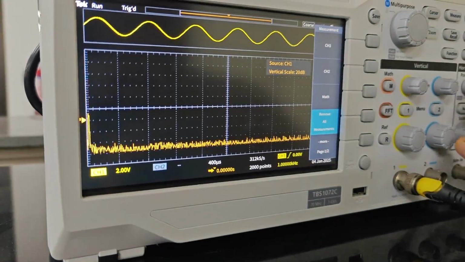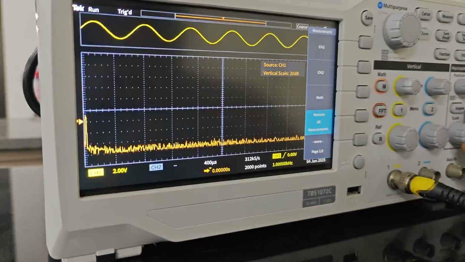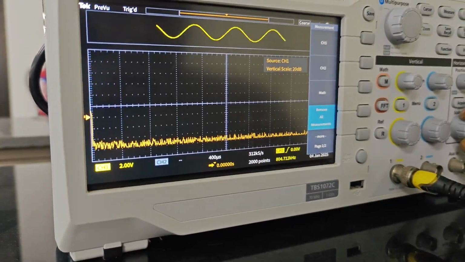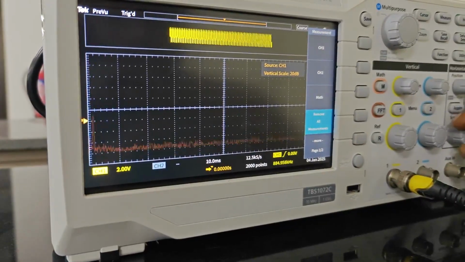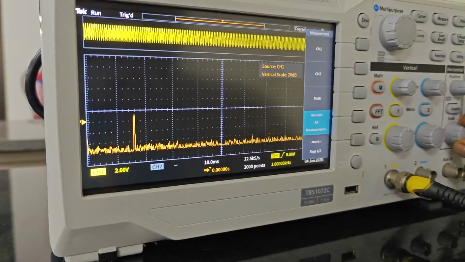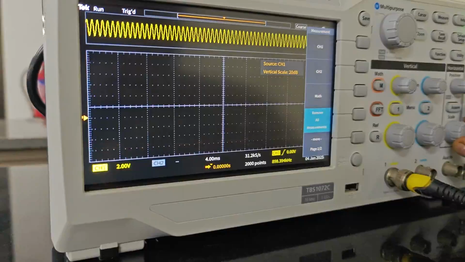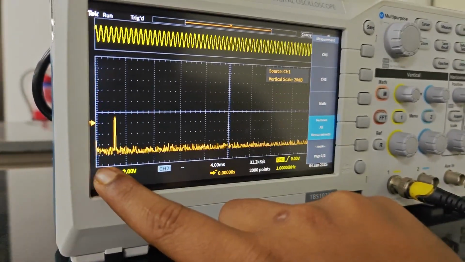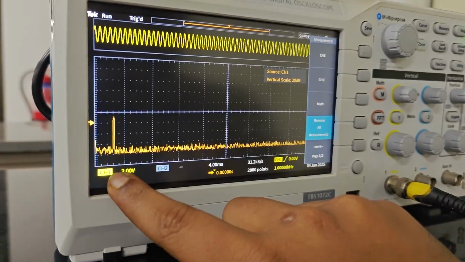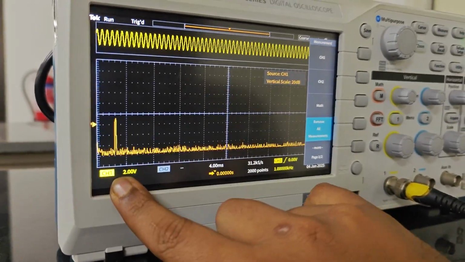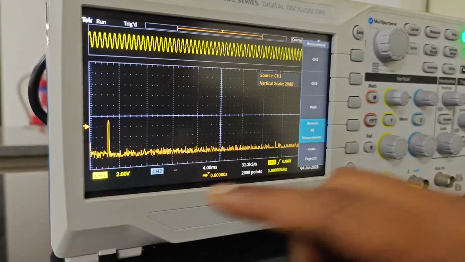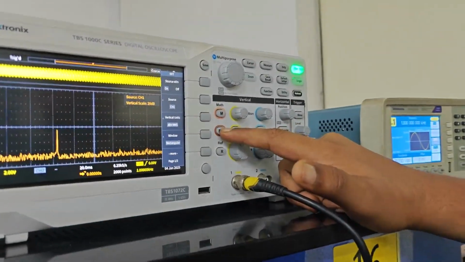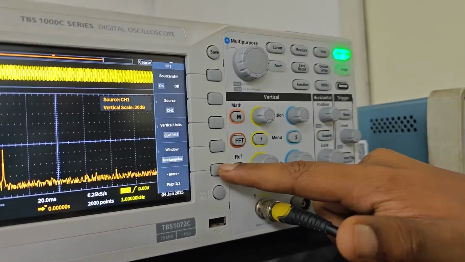Now how to check that? To do that I will scale this waveform. Now you can see that the peak is on the third point. So here we can go to this FFT, we can click on this FFT, we can go to the mode,